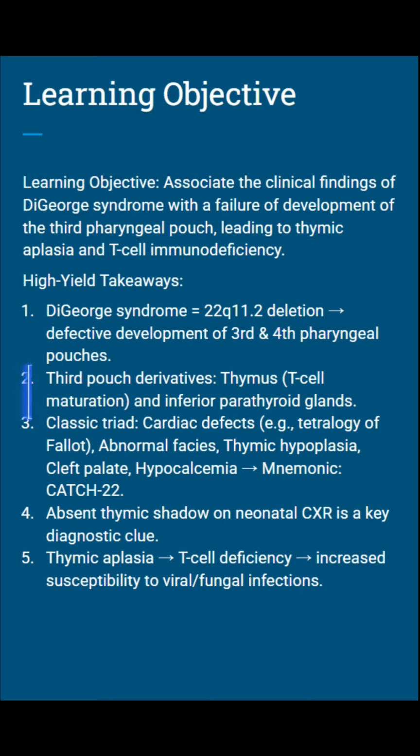Second, the embryology. The thymic absence points directly to the third pharyngeal pouch. This is a frequent point of testing. They might ask failure of which structure leads to absent thymus or which pouch is affected. The answer